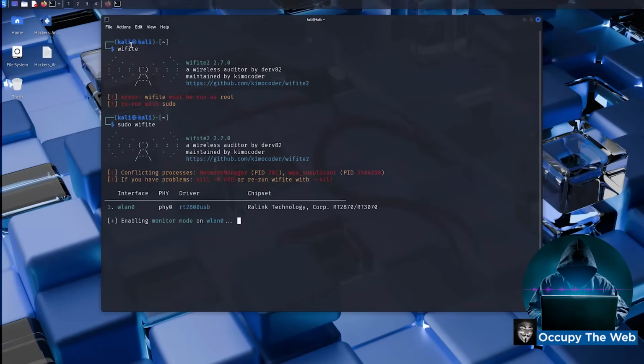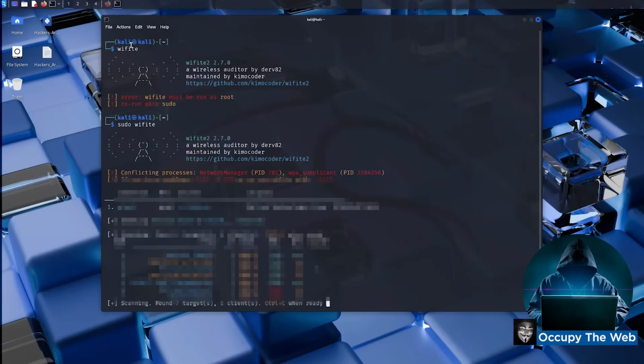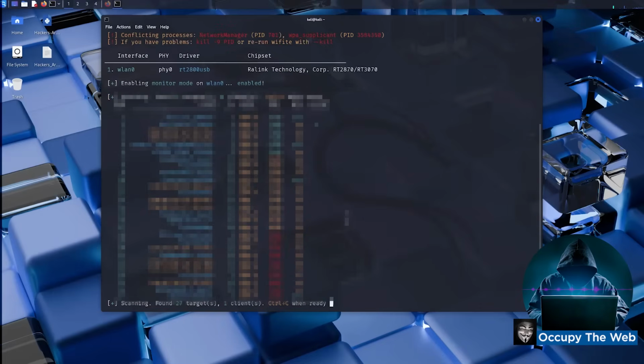This is built in, by the way, to Kali, so no need to go ahead and download or install any of the software. Okay, so it's enabled. What this is, is a front end. It's a GUI for aircrack, is what it is. All right, and so it's going ahead and scanning across, looking at all of the